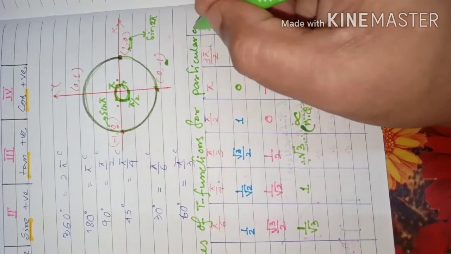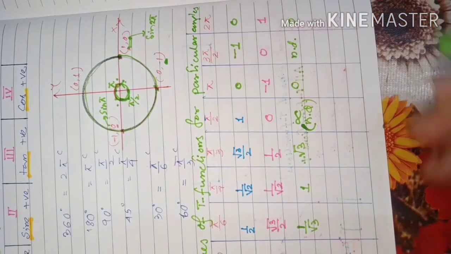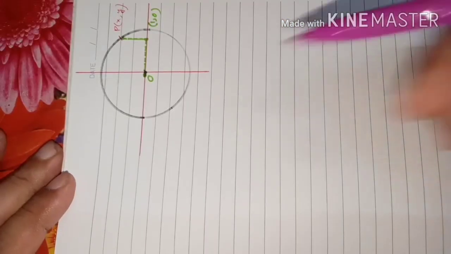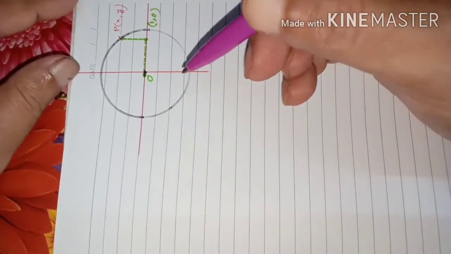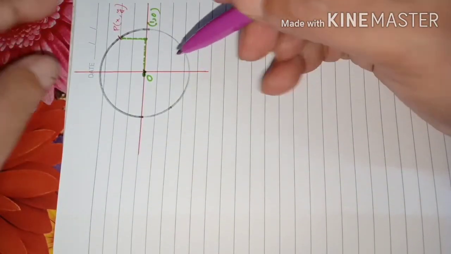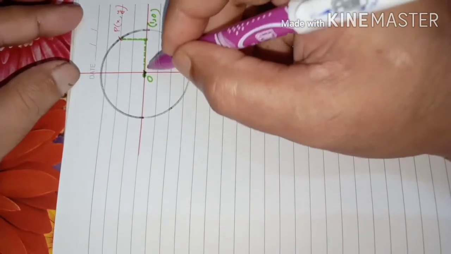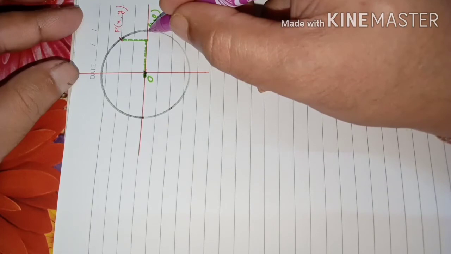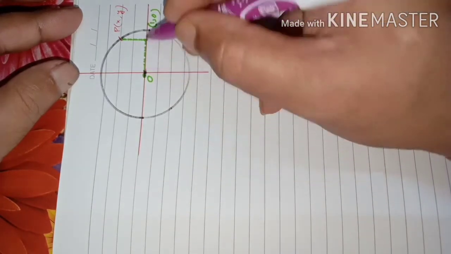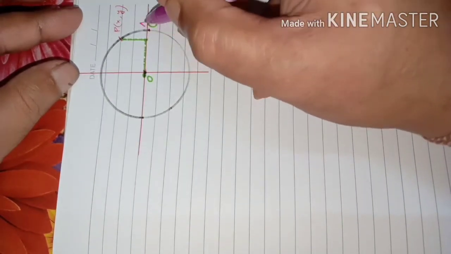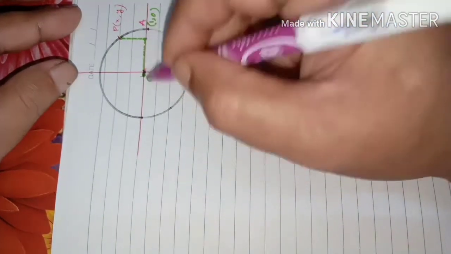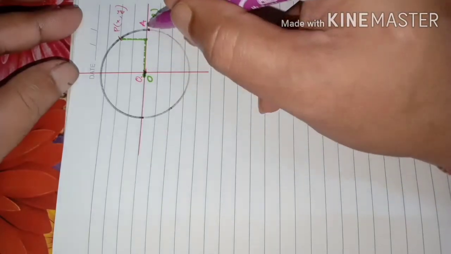Particular angles. Okay, dear students, we learned. Dear students, look at this unit circle. What I am going to say to you is that from here to here, this is a unit circle. From here to here, it is 1 unit length. That is, from 0, or say O, to A, this is our O. O to A is 1 unit.